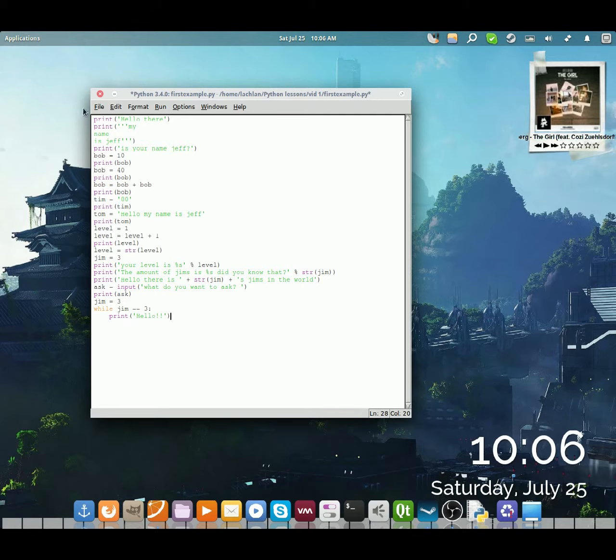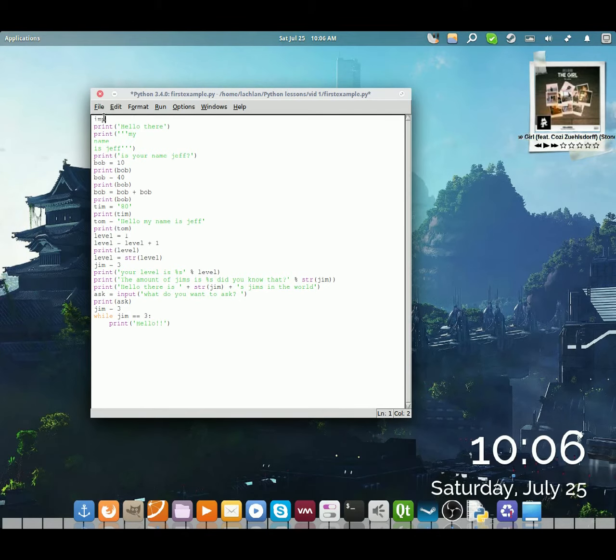And then the other thing we're going to learn today is how to import. So just type import time, and this will import the ability to wait, because this isn't included by default, just to make Python run a little quicker. Now we can make Python wait. To make Python wait, do time.sleep and then a number. That is the amount of seconds it'll wait. You can do 0.5 if you want it to wait half a second, but let's just make it say hello